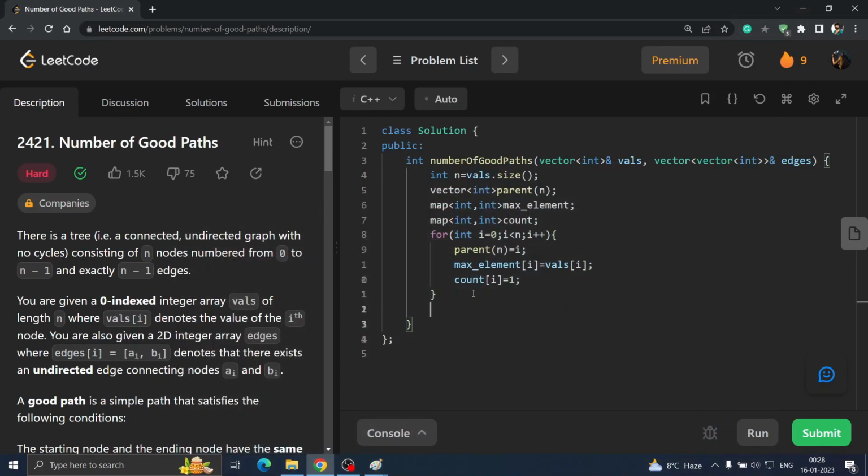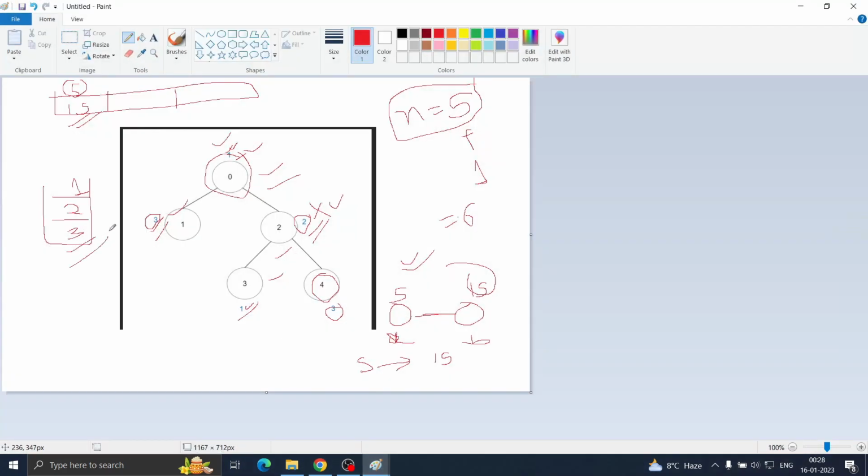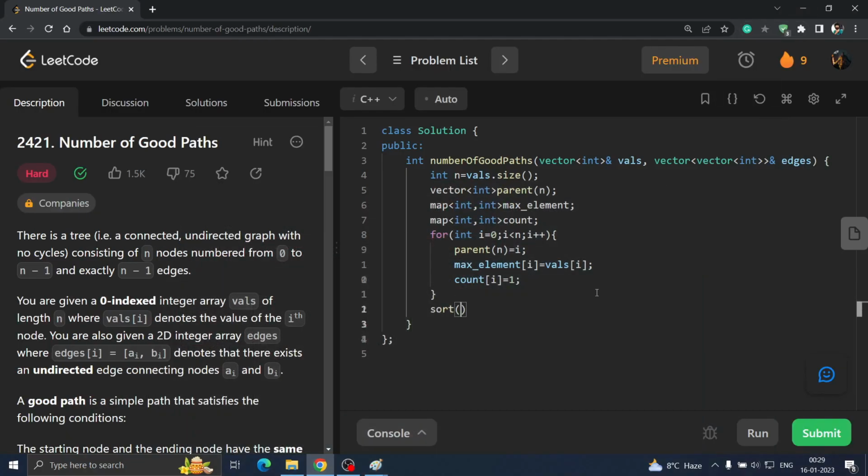Okay, when you are done with this step, you have to sort the edges. I told you now, we have to sort the edges accordingly, so we don't have to iterate through a wrong good path. We only iterate through a good path if we have sorted it, and it would become easier. Okay, so how can you sort it? You will write sort edges dot begin comma edges dot end. You can sort it like this, but for a better accuracy, we need to sort it by writing a function. You can either write the function above or you can write the sort function here as well. How can you write it? You write it like this,